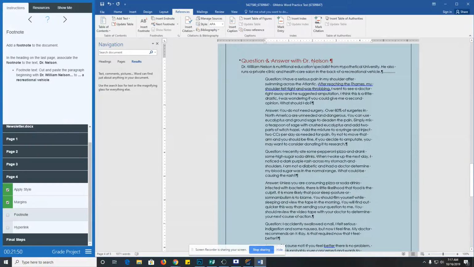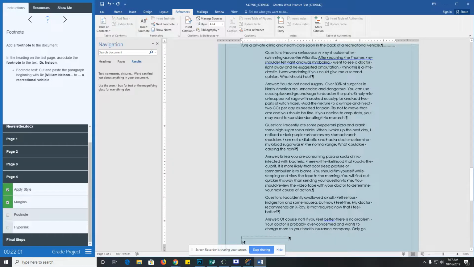I'm going to see, oh, there we go, Dr. Nelson right there. Okay, and then we got to highlight what we want to add the footnote to. And then we're going to click Insert Footnote. And then footnote text: cut and paste the paragraph beginning with Dr. William Nelson to recreational value